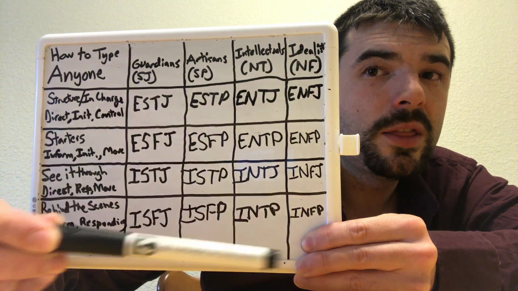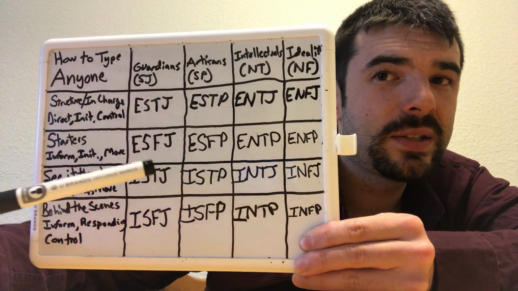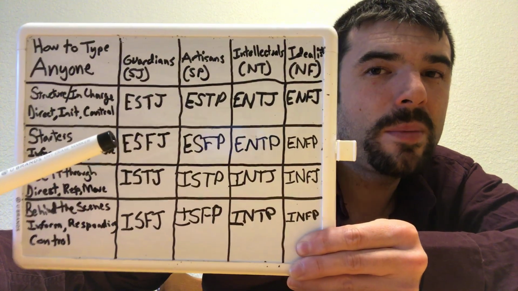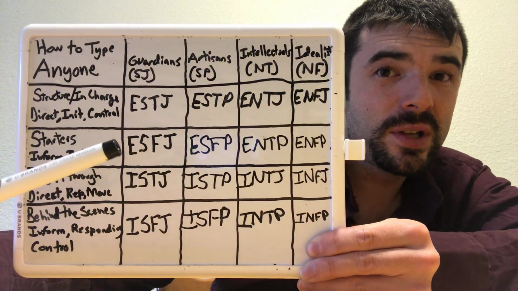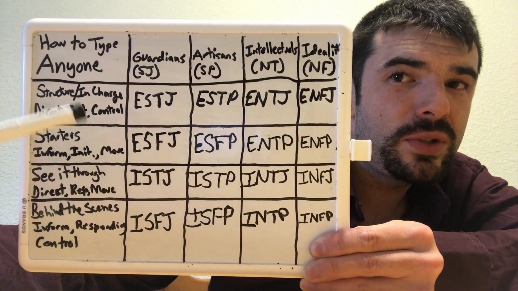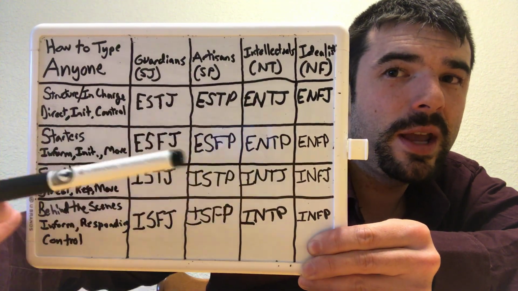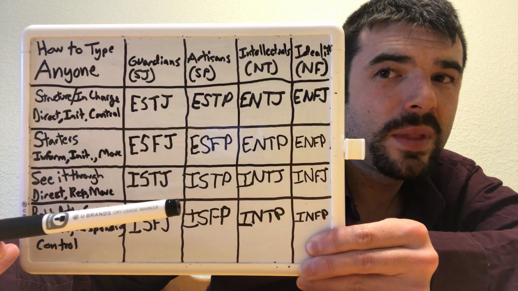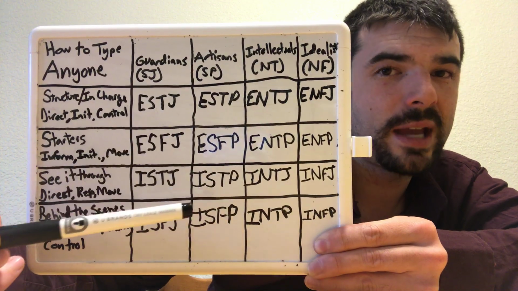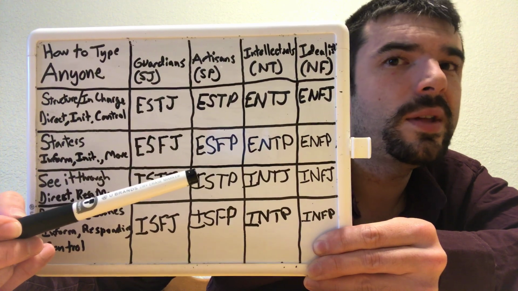Congratulations. This is 100% accurate. You can never go wrong with this. Again, the ideal test is all about finding out their cognitive functions, but that would take forever. Instead, just use interaction styles times the temperaments, like a times table, and you just find out on the grid which type you are. This is how you really type someone, and how you really type yourself. It doesn't take any time, and it's 100% accurate. So who wouldn't want to do this?